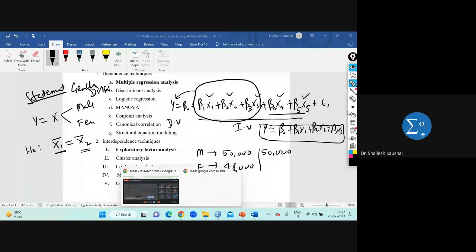Now see, my purpose in explaining multiple regression analysis is to tell you that out of the 5 independent variables, only 3 independent variables are significantly contributing to the dependent variable, and the 2 independent variables are not significantly contributing to the dependent variable. And we can test hypothesis also. Now I am telling you what the meaning of significant is. Significant means, if I am saying,